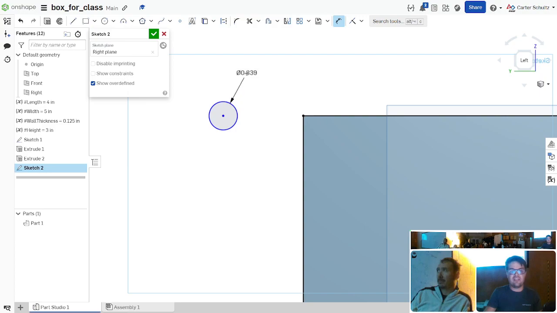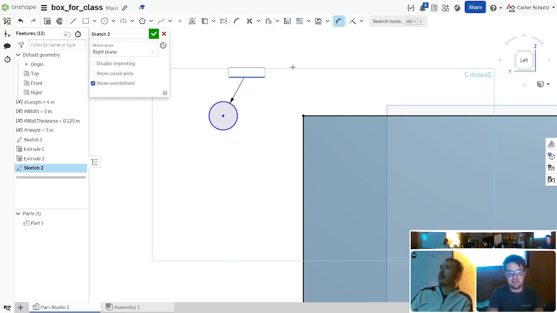But let's call that the pin of our hinge. And I'm gonna say the pin of our hinge, just eyeballing it, let's say 1/4 of an inch for the hinge. Yeah, that seems pretty good. I'm gonna make another circle around that then, and I'm gonna make it a little bigger,